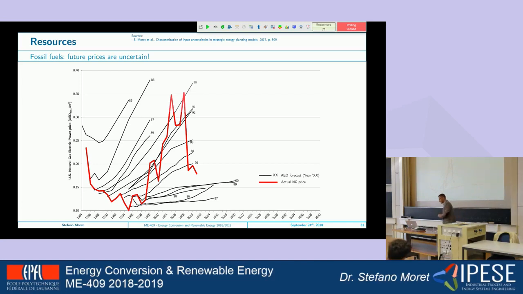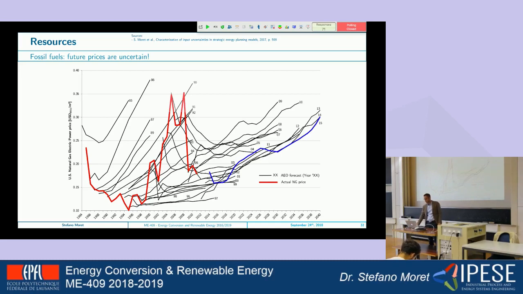And now, if we look at the future, most forecasts will tell us that gas prices will increase. So this is what the blue line is, the last forecast I had available when I made this analysis. So they are telling us gas prices will increase. But instead, last year there was a major drop in gas prices. So you have a 30-40% error already at the end of the same year in which the forecast is made. This is just to give you an idea that when you see this number and you have to make an investment for 20 years, take it with, as the Latins would say, cum grano salis, so with a bit of salt. Give a look at this graph before, let's say.